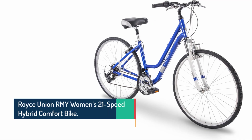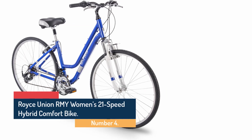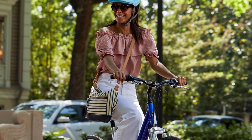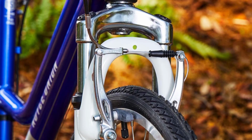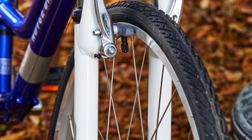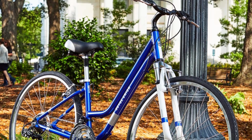Number 4. Royce Union RMY Women's 21-Speed Hybrid Comfort Bike. One of the best cheap hybrid bikes you can snag for daily exercise has to be the RMY from Royce Union. Resistant to rusting, the ultralight aluminum frame allows easy handling and doesn't disappoint with its sparkling pearl blue visuals. The padded, firm saddle is designed with dual springs to give you maximum comfort, while the soft grips guarantee